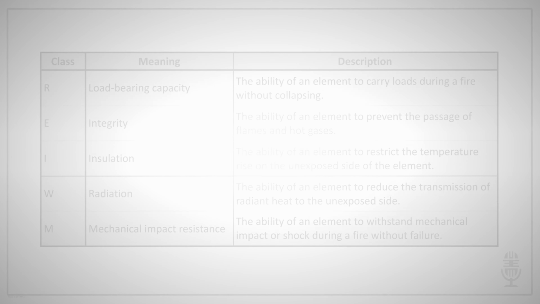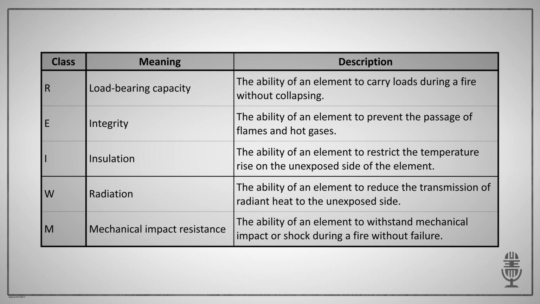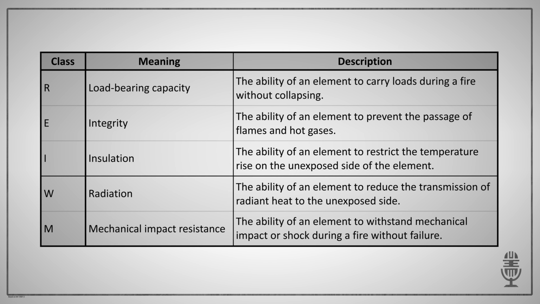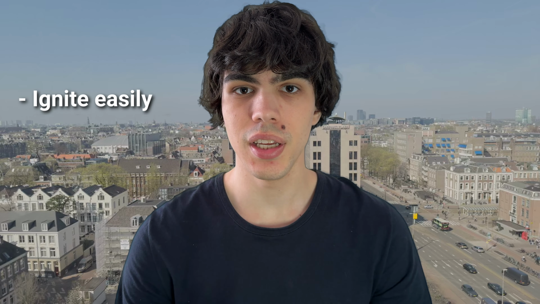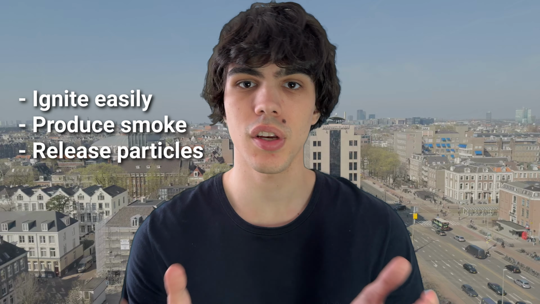Fire safety is a critical factor in building design, especially when working with timber and other combustible materials. While fire resistance classes such as R, E, I, W and M, as discussed in last week's video, focus on how long a structure can withstand fire, the reaction to fire classes, also known as the Euroclass system, evaluate how materials behave in the early stages of a fire, looking at whether they ignite easily, produce smoke, or release flaming